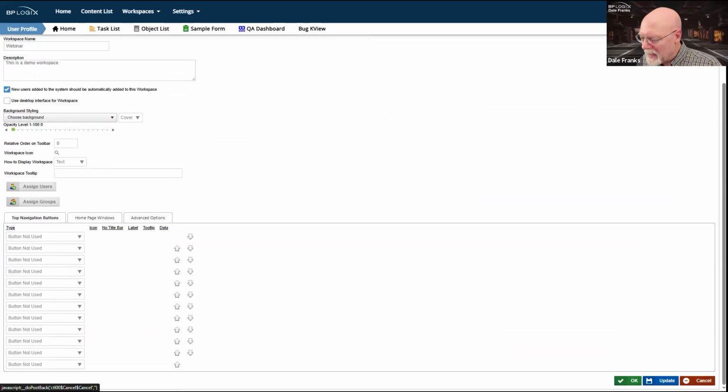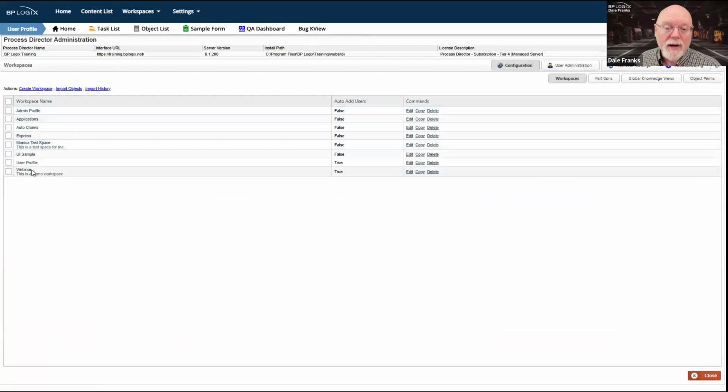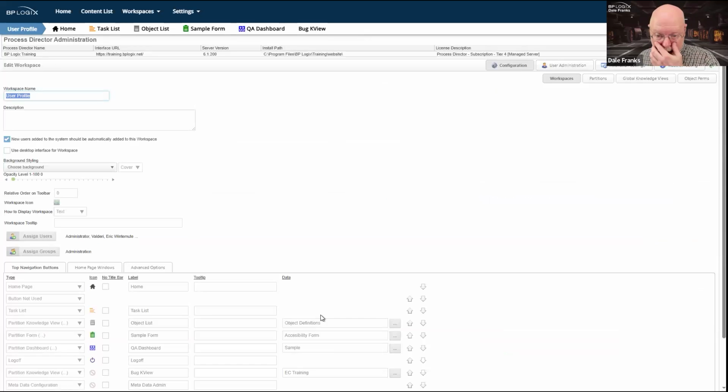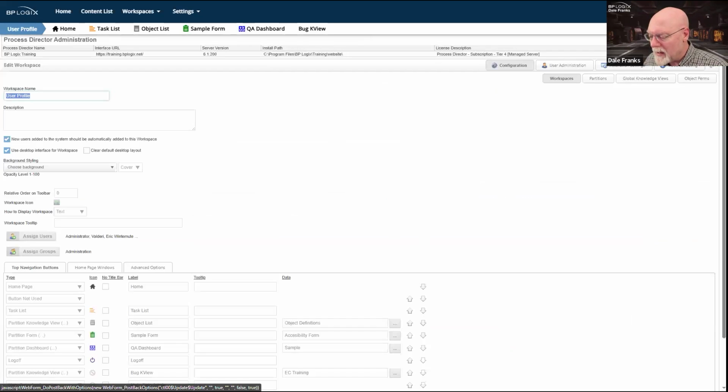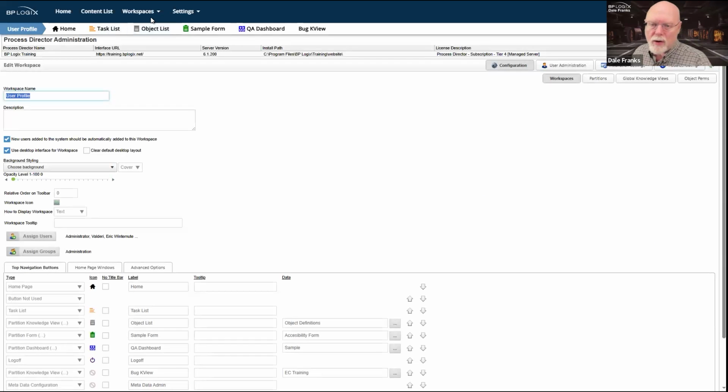Since I already have it built and we can look at it, it's probably best if I actually go back to the user profile workspace. This was turned on earlier, and I'm going to return it on. And this desktop user interface gives me a different view of workspaces. I think a much more modern view of workspaces on the system.